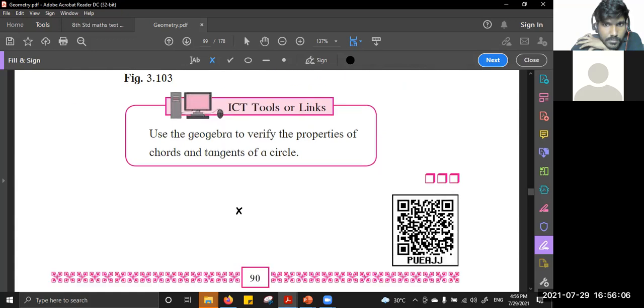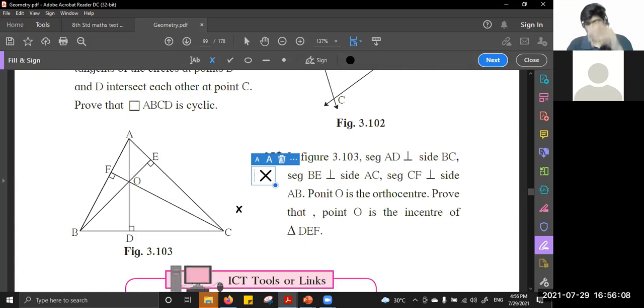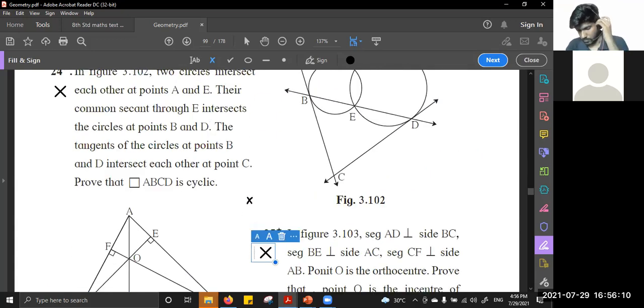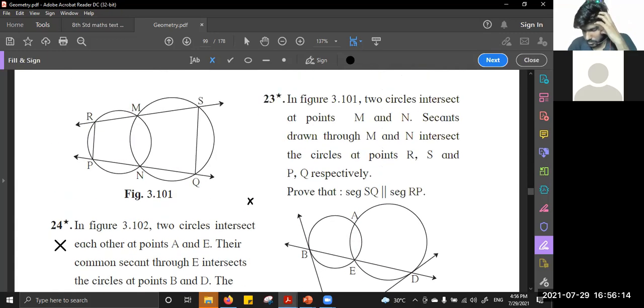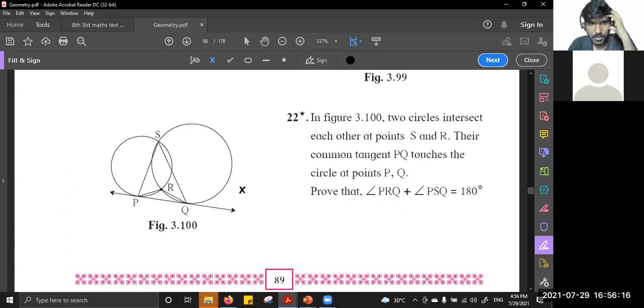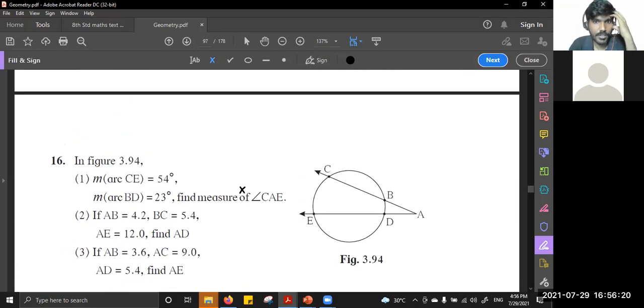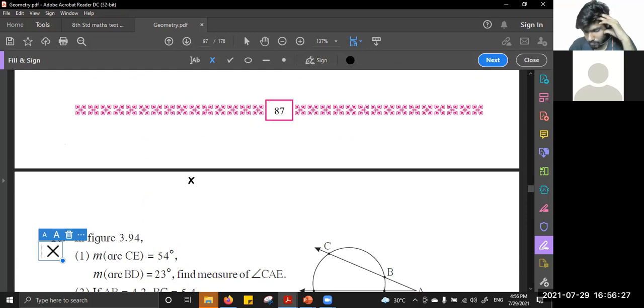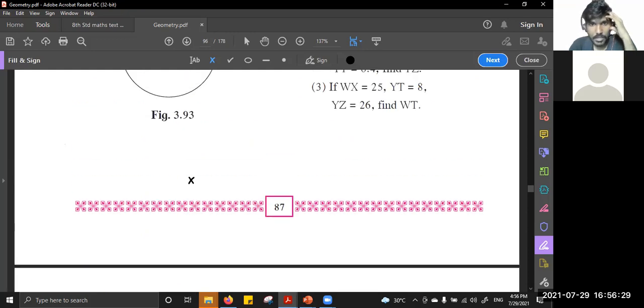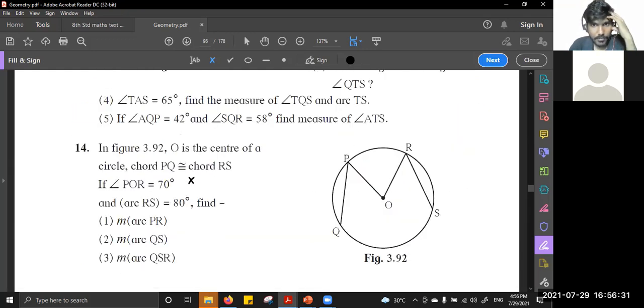Out of which 24 the school has cancelled itself, and 25 the school has cancelled, they don't want to do it. They said we don't want to do it, and that is why they have cancelled. 24 the board has cancelled. 13, 15, and even 16 is not there. The board thing actually I don't know, so you will have to see it. Okay, I will mark that. Just one minute.